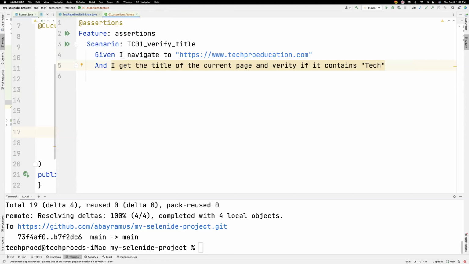so that I can use this reusable step in any page. For example, I can go to Google and verify if the Google has Google keyword. Go to Amazon, if Amazon has Amazon keyword. Go to eBay, verify if the page title contains eBay keyword. So this is reusable. That's why I am using string. So I'm going to say Techpro Education. Okay. So I'm going to go to this page and check if the page title contains,